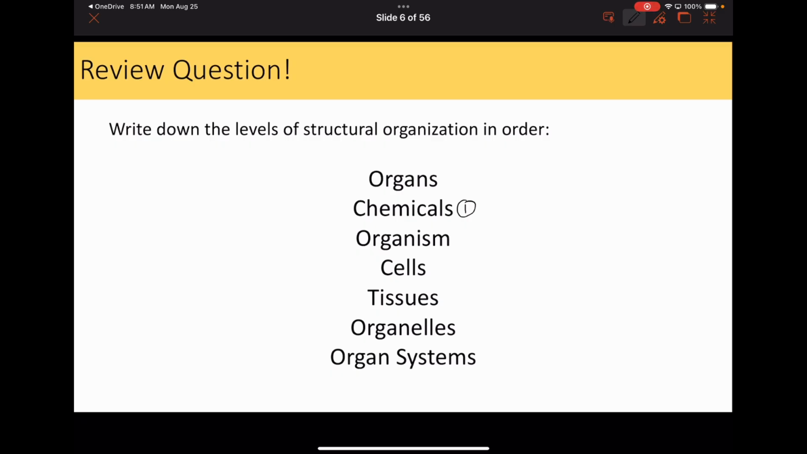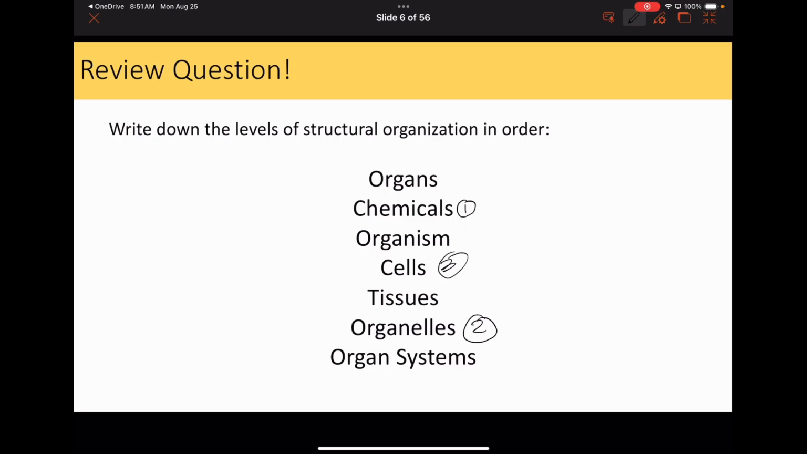Okay, so chemicals is our first level of structural organization. Chemicals come together to make what? What's next? Organelles. Organelles come before cells. Those chemicals come together to make organelles. Name me an organelle. Mitochondria, powerhouse of the cell. Okay, organelles come together to make